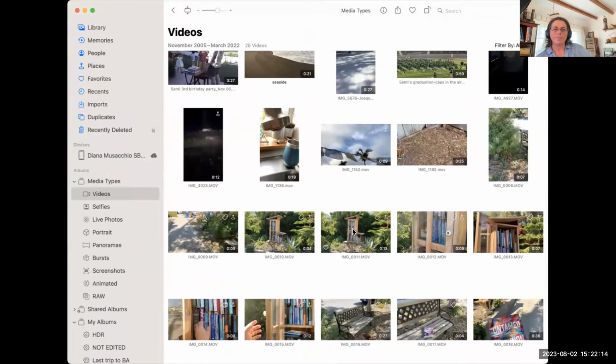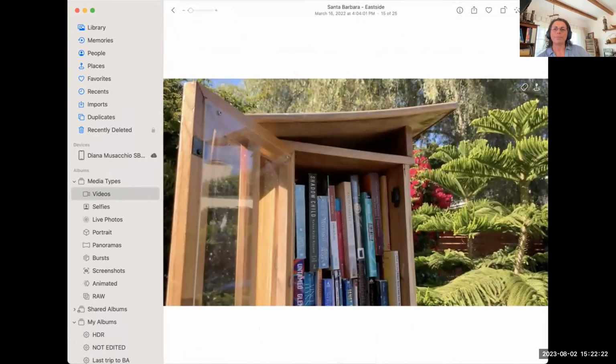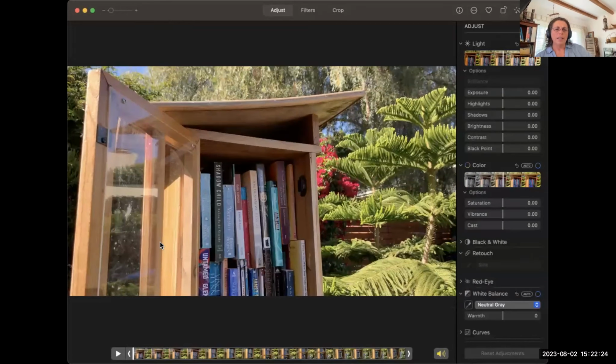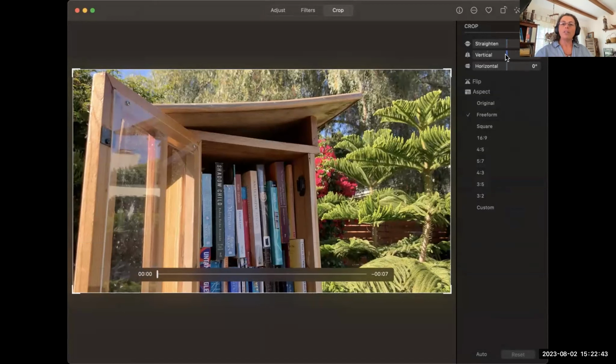This has lines, so maybe this will help me. I'm going to use this one, and this is a 7-second one. And I hit edit and crop. So you see how the lines, because of the perspective, it's kind of not straight. Let me see if I can, using my vertical and horizontal fix, this is what we didn't have before, straighten the lines of this. This is a little library in front of my house. So now I can